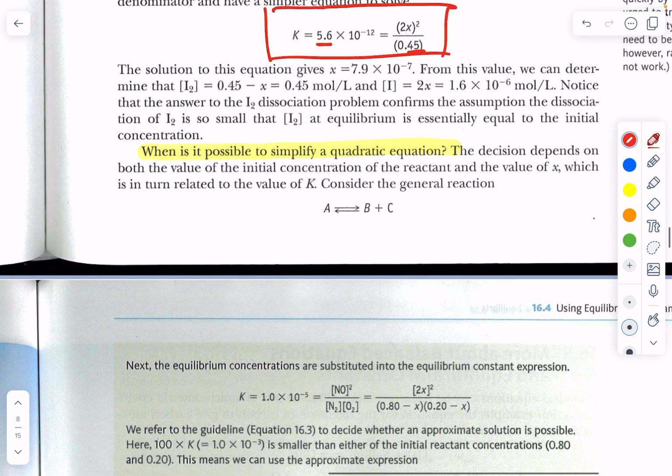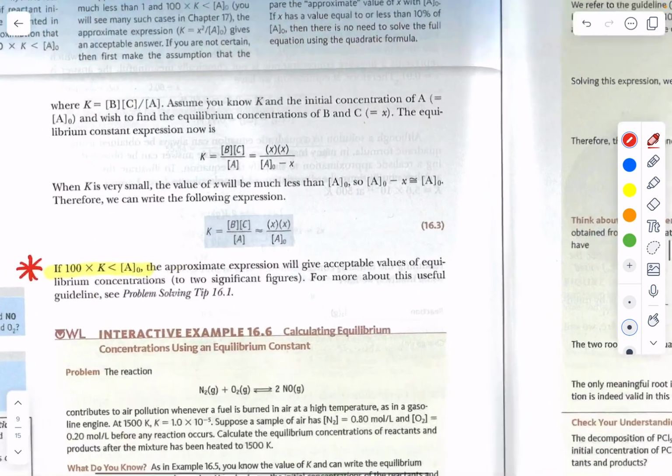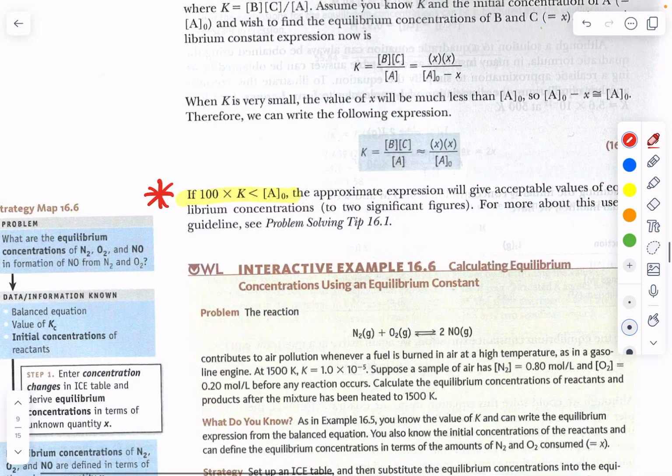So, what's the rule of thumb? When can we take this simplification and ignore the amount of reactant that becomes product? And the answer is right here. It's very simple. Anytime you have your value of K, especially when it's real small, you multiply it by 100. If that answer is still smaller than the molarity of your reactant,